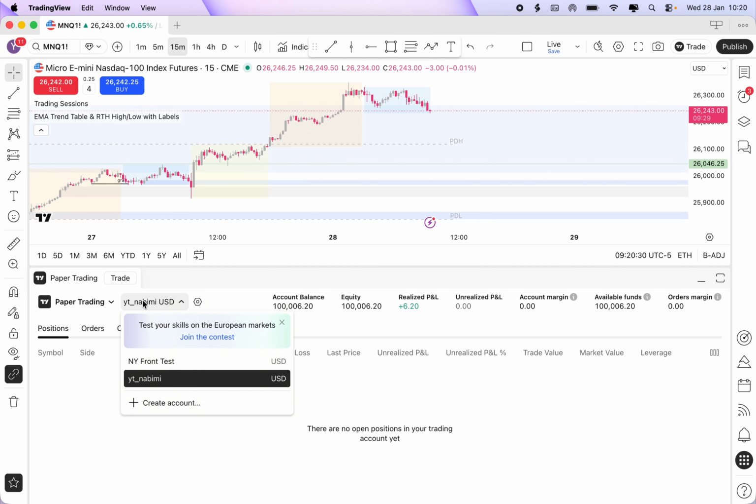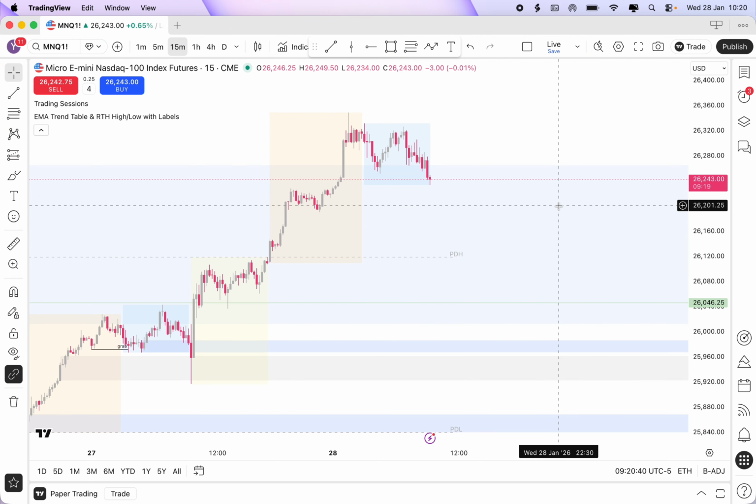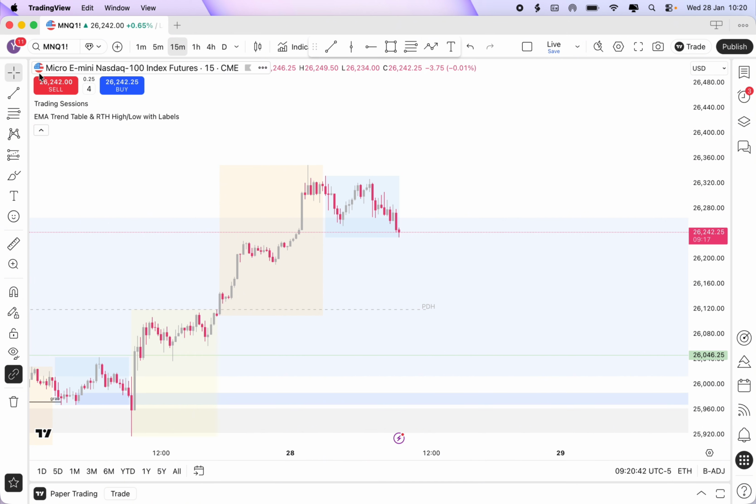Oh wait, I am on the wrong account. Okay, we made about $1,000. So now we're almost halfway through our profit target. So we're risking 2%. So we might trade on the